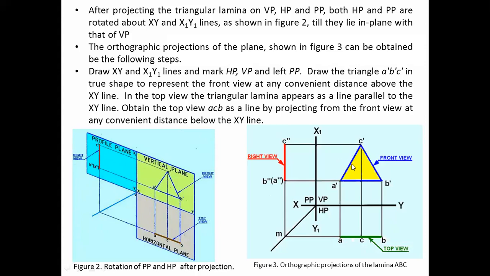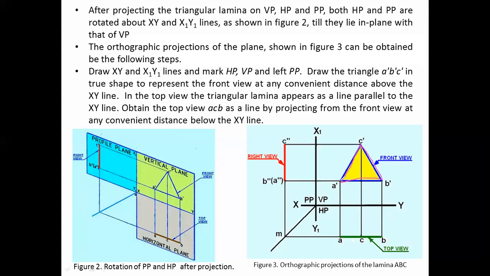So how projections are drawn here, we will see with some other color. Okay, red, pink. We do not have pink color. Fine. So first of all, this is the true shape. It is held parallel to the vertical plane, so here we will write VP, HP and PP. It is a nice habit to write every time. In the front view, we will see exactly what the shape is. Now assume it is given as a 30 by 30 by 30 triangle. So we can easily draw this triangle. Am I correct or not?